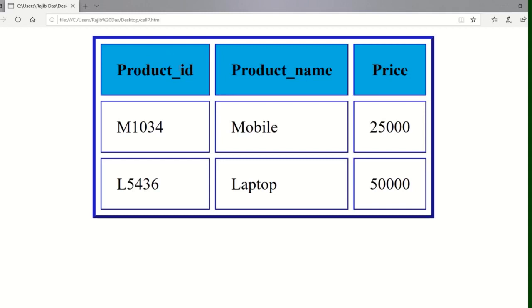According to our table, the first column is the product ID and the second column is the product name. Instead of these cells I am writing the product details. So product ID and product name are all in product details. I will use only one cell, and that one cell expands up to here. So one cell covers these two columns, and that is colspan. Using colspan, we can cover a number of columns. So let's see how to put it.